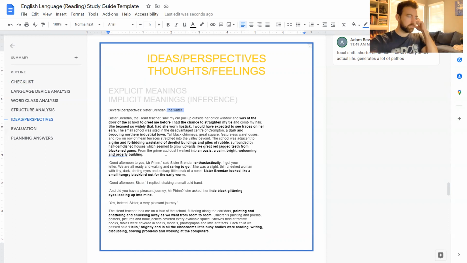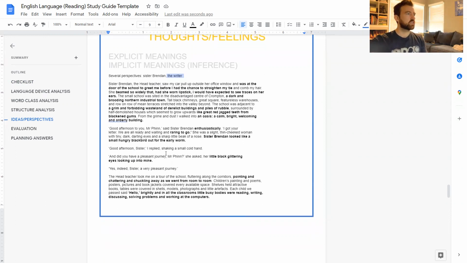So Sister Brendan, the head teacher, saw my car pull up outside her office window and was at the door of the school to greet me before I had the chance to straighten my tie and comb my hair. So straight away, we've got an implicit meaning here. Now, there's nothing explicitly said here about how Sister Brendan or the writer would feel, but I think we can work out how they feel, or something that they think, both of them, from this first